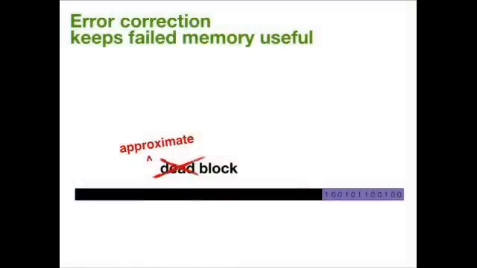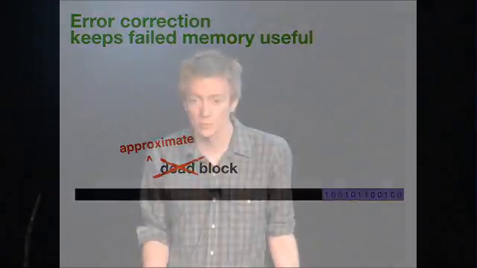Of course, when I see something like this, I say this is not necessarily a dead block. This is just an approximate block. We'd like to take blocks like this, and instead of throwing them away entirely, let's try to use them to store the program's approximate data. So we learned that programs need both precise and approximate storage, and they have a relatively large amount of data that can have wrong values. So let's take that and put it into the blocks that have uncorrectable failures and see what happens.